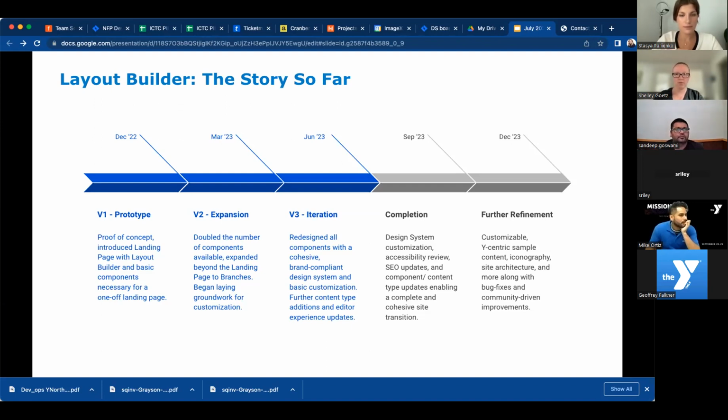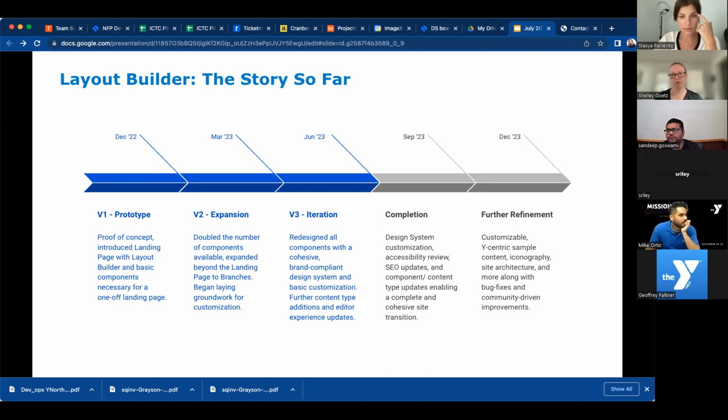There were also some editor experience updates as well to really help you be able to more efficiently create those pages. This is, as you can see, we're already into 9 months of work already done. And it's been a huge lift to build all of these things and create this